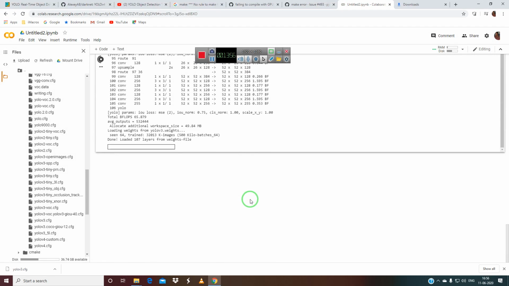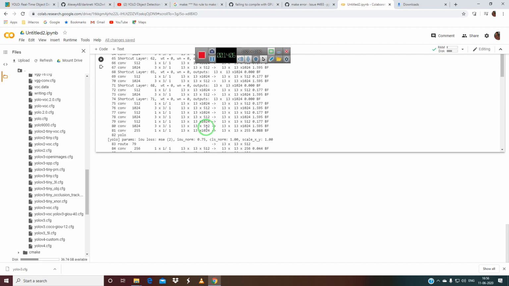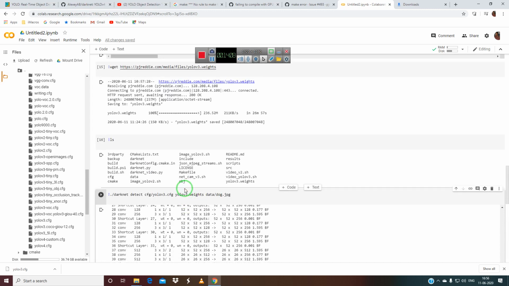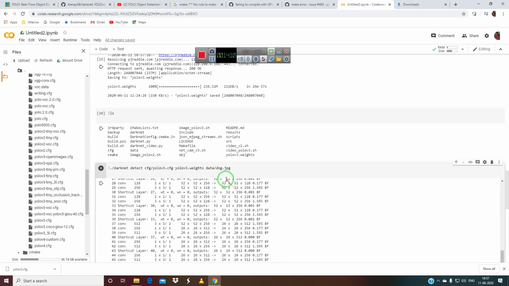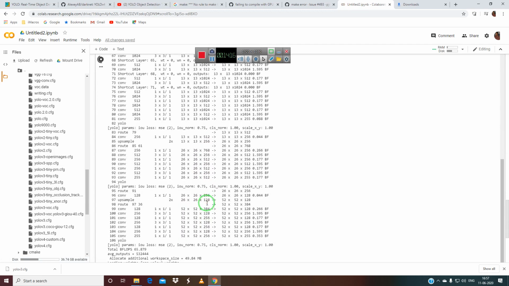It has taken a very good time, a very small time. If you compile it again, it will compile very fast. So this is how you have to run YOLO on this.